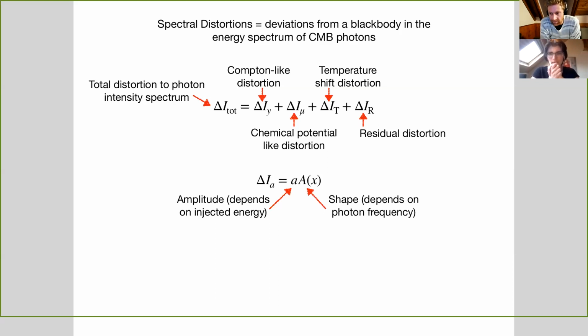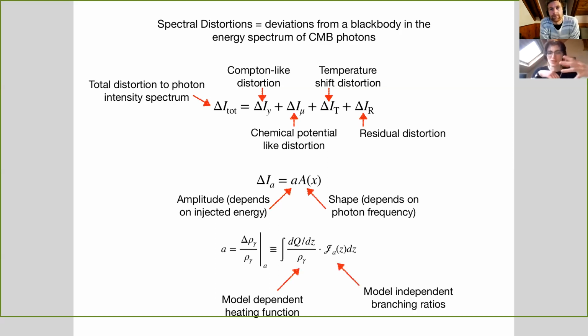Okay, yeah. And the other part that you have is the amplitude. And the amplitude of the spectral distortions here is actually going to depend on the injected energy. So this is really the process that is leading to the spectral distortions. Now, the good thing is that this shape can be mapped once, and then it doesn't need to be recomputed for every model, because the shape itself does not depend on what you're injecting. It just depends on the overall specifications.